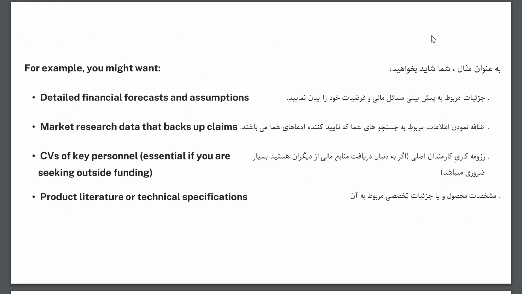Okay, so examples of what you might want to include: your financial forecast and any assumptions you currently have about the business market that you're entering into, like your competitors and how you compare to them, because your competitors are also going to change. Market research that backs up all of those previous claims. Any CVs or resumes of key personnel, like any employees or like an HR manager, like human resources, you'd consider hiring, so you're able to fund them with a salary. And then any literature or technical information that is relevant to what you're doing.